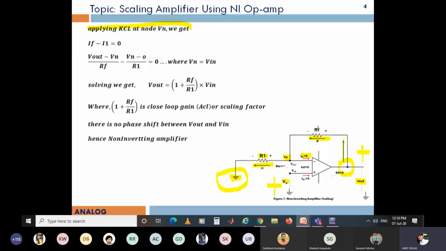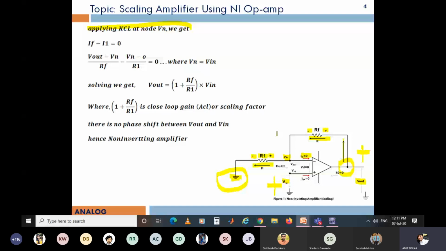So of course current will pass from higher potential to the lower potential. That's why from output through RF and R1 it will pass to the ground, and no current inside the op amp because the op amp has very high input resistance. So once this step is achieved, accordingly the voltage will be developed across resistance RF. Entering point of the current will be positive, leaving point of the current will be negative. Again similar thing across R1. So both the resistances will have certain voltage drop because current is passing through.